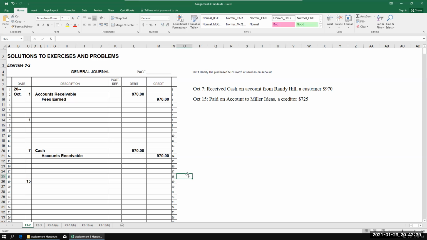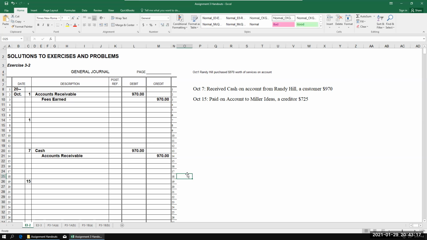Because if we don't, then we're saying we got cash, and if we didn't credit accounts receivable in this case, we would be saying that he still owed us $970. So in the case of the first transaction from the homework, it is basically the record of a customer of ours paying us off. So we receive our cash, and we debit it because it increases, and credit accounts receivable because we're wiping away that person's debt. And similarly, for the 15th, here we have paid on account to Miller Ideas, a creditor